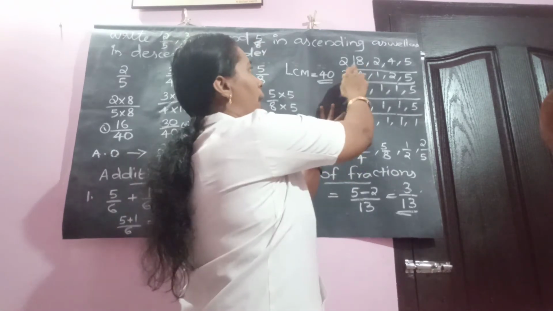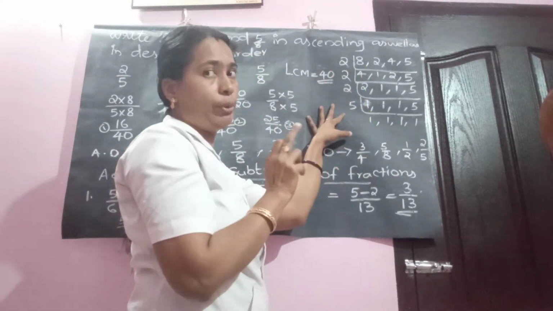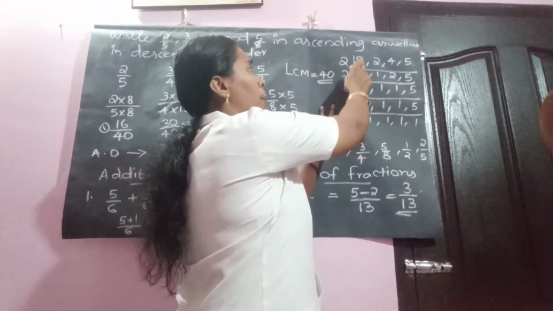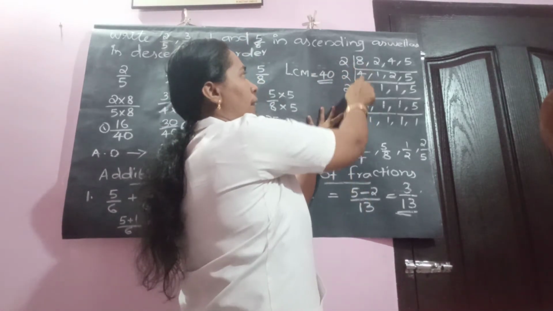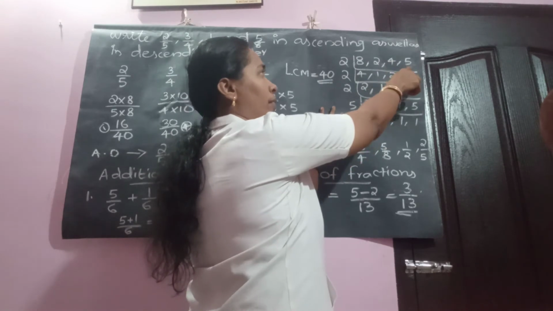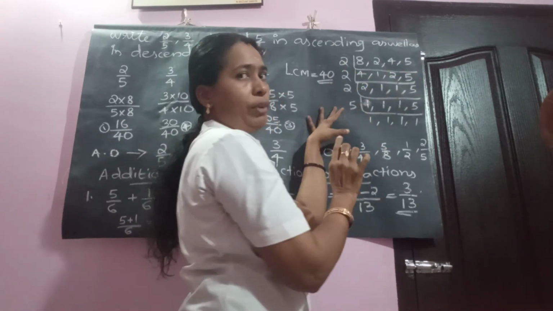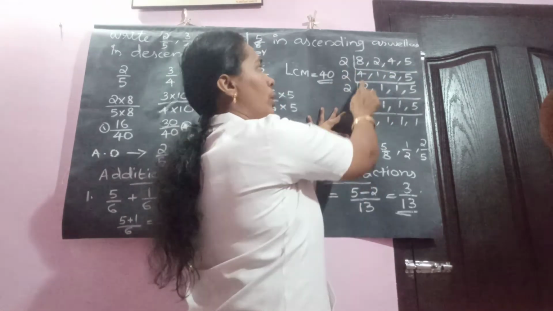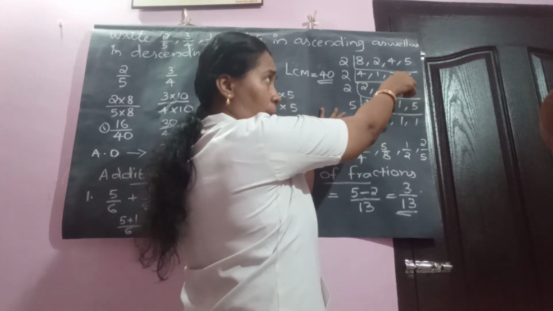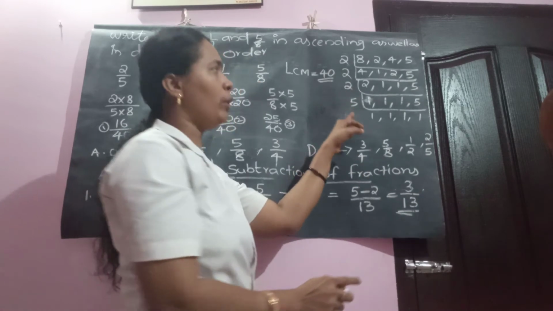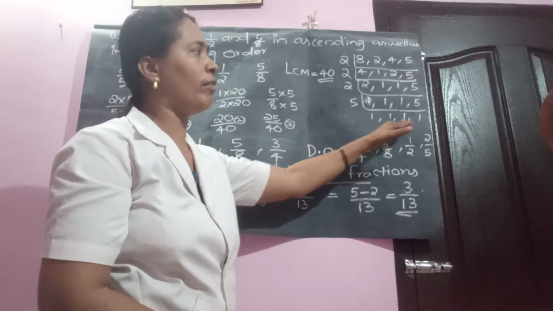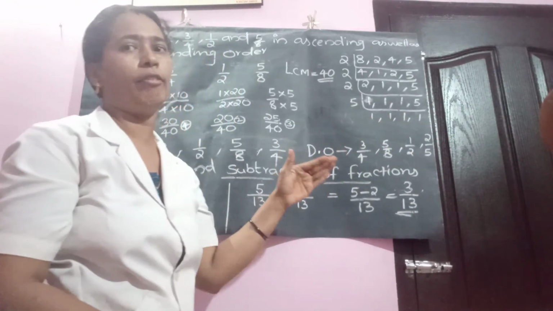Okay. Now divide by 2 first. Prime numbers only you need to use. Numbers possible to divide by 2, you divide. Other numbers bring down. Here 8 and 4 divide, 1 time, 2 time; 5 is not divisible by 2. Bring down 5 without any change. Again by 2, do the steps. Again 5 not possible, bring down. And last case, again you use 5. Continue the process till you get 1, 1, 1, 1. All the digits become 1, 1, 1, 1.